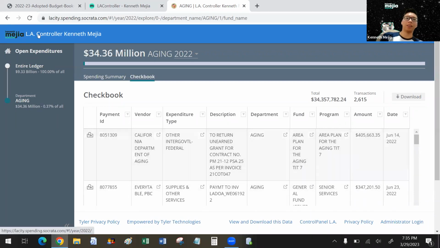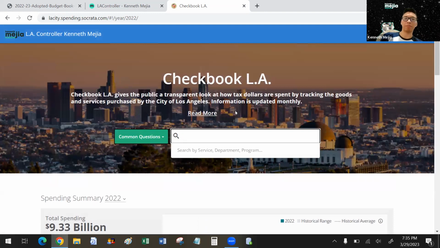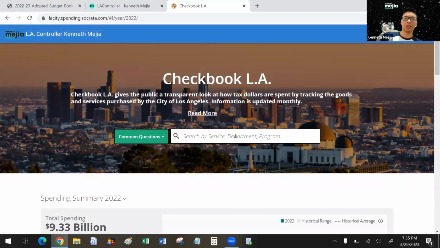So yeah, like I said, I just showed you how to search expenses by department. So you could go back and search whatever you want. Totally good stuff. And the other thing too, if you're more tech savvy and you know how to use Excel,